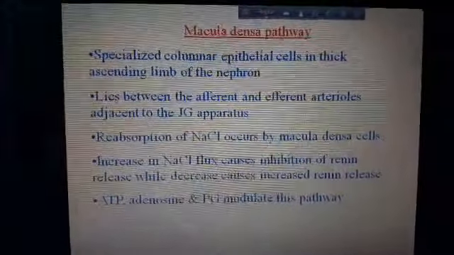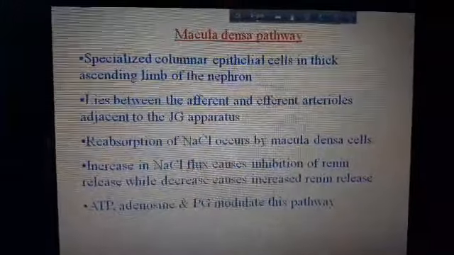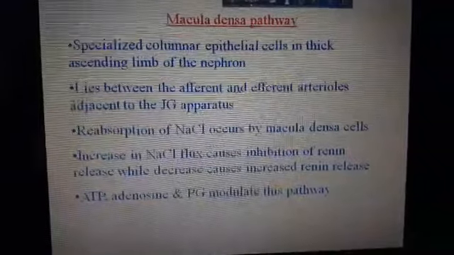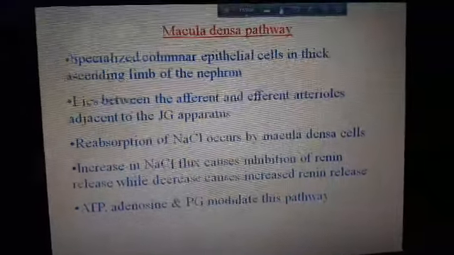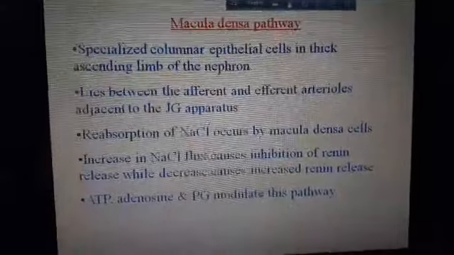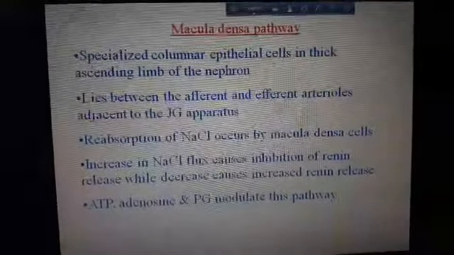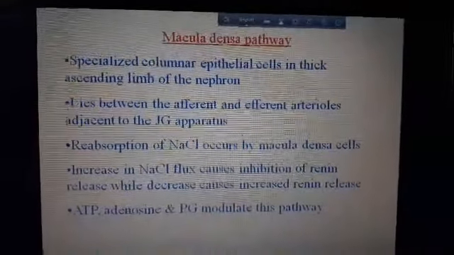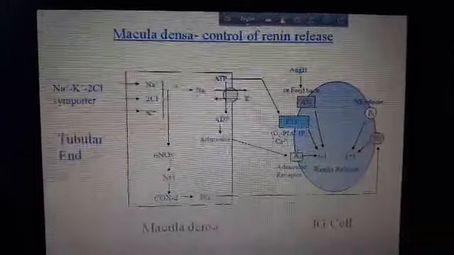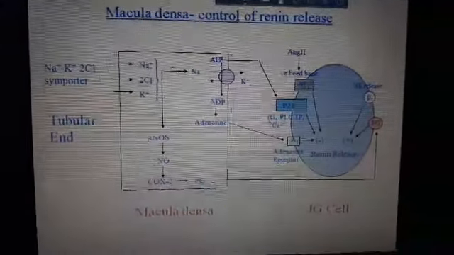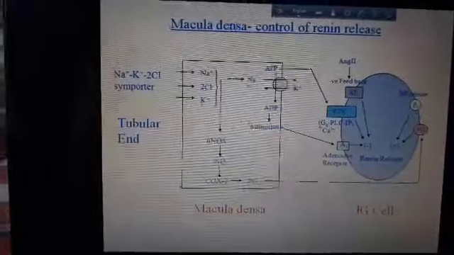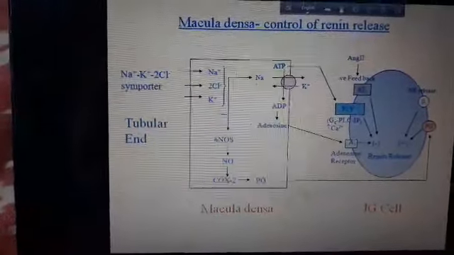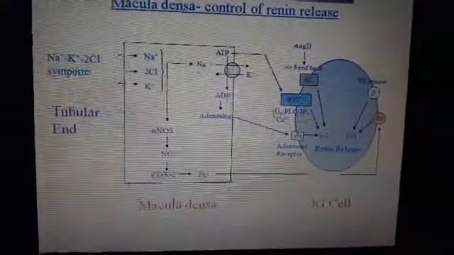So what will be the effect of the renin release? Renin will try to conserve more sodium. So in simple terms, when there is a tendency of more salt and water excretion, renin release will be increased, and when there is decreased salt and water excretion, renin release will decrease. ATP, adenosine, and prostaglandin modulate this pathway. So this is the picture of macula densa control of renin release. This is the macula densa cell, and there is a role of the cyclo